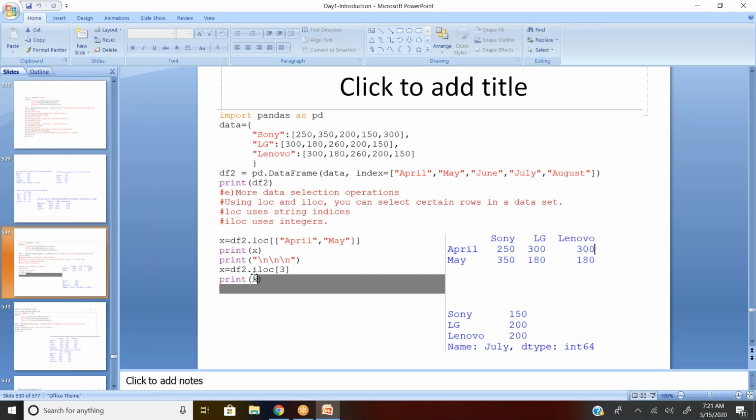Now, I want to use df2.iloc[3]. Square bracket 3 is nothing but iloc, which I used. iloc is nothing but integer reference. So the system is going to display the position 0, 1, 2. So the second index will be the third row, but as per Python, 0, 1, 2 is the second one. So that is going to be displayed.